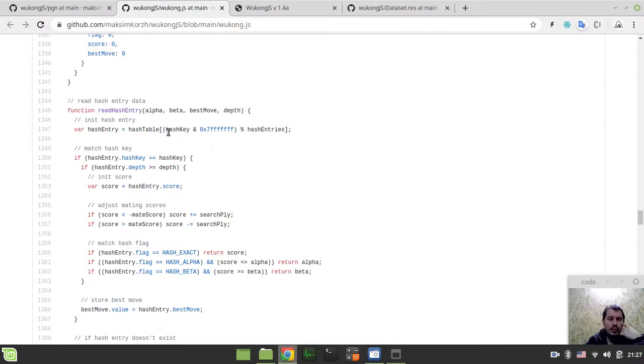So the idea is to bitwise AND the hash key with 31 bits. The 32nd bit, the bit that is responsible for telling us whether the number is positive or negative, is dropped. So we bitwise AND the hash key with the mask of the remaining 31 bits. And this is the bit hack to convert the negative 32-bit value, which our hash key is, to